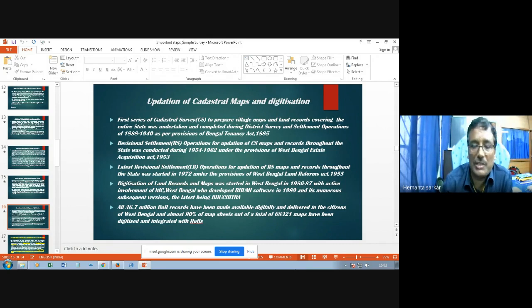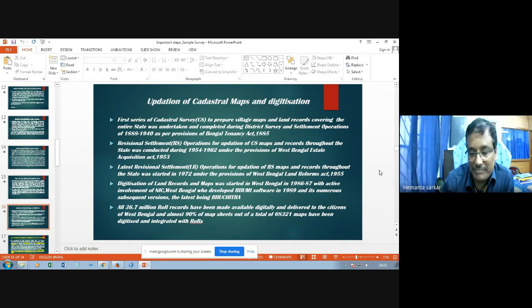Many of you have come across the name Porcha. This Porcha is a document which gives you the right to stay on a plot of land. When you are purchasing a plot of land, you are registering the property in the local registry office. That is not giving you any authority. That is only an agreement between the seller and the buyer. But once the property is mutated in the land revenue office and you get a Porcha against your plot, only then are you the bona fide resident of that. You are not the owner. The owner is the West Bengal government or any other state government. You are a tenant only. Raiyat,